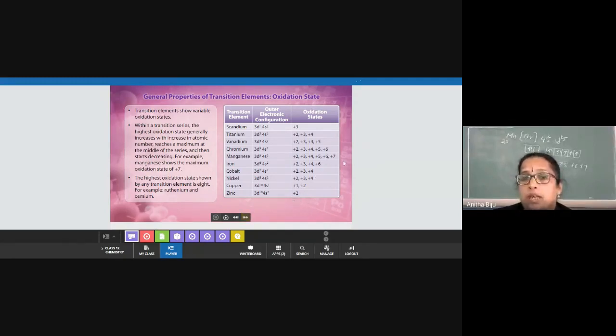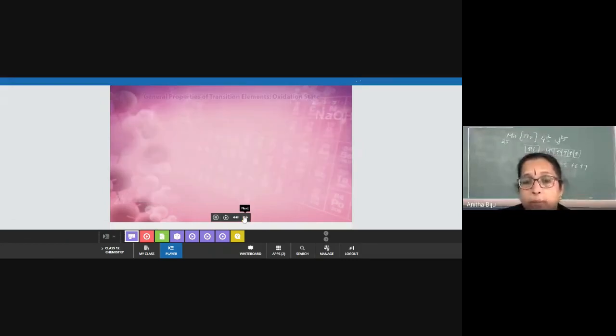The reason is that when we move from manganese to zinc, pairing of electrons takes place. The electrons which are already paired have the least tendency to enter into bond formation. That's why from iron, cobalt, nickel, the number of oxidation states decreases. See that +2, +3, +4, +6; cobalt only 3; nickel also 3 oxidation states; copper 2; zinc only 1. So this is also important. These are all elements of the first transition series. I think it is clear to you. We will move to the next slide.